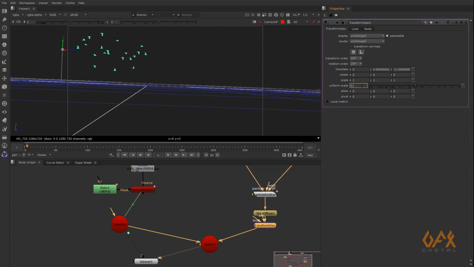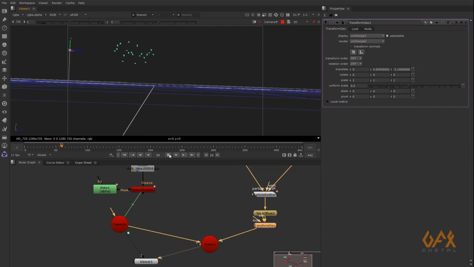Even reduce more. 0.2. Now if I play this thing, okay, so that's how you create the flock animation.